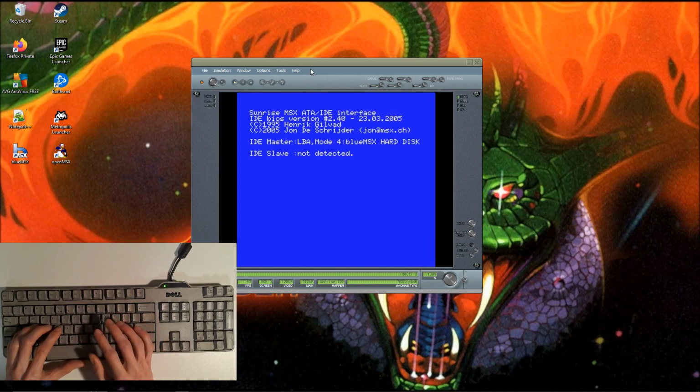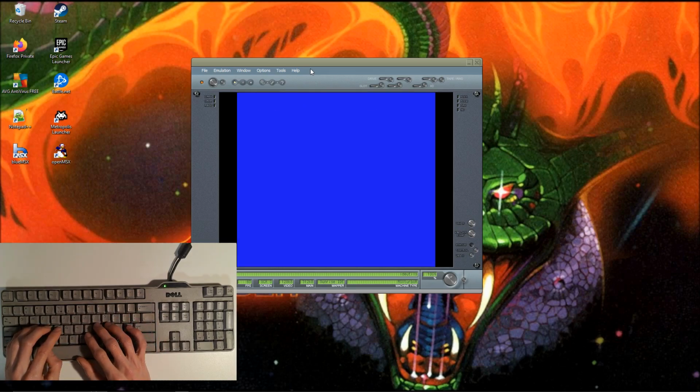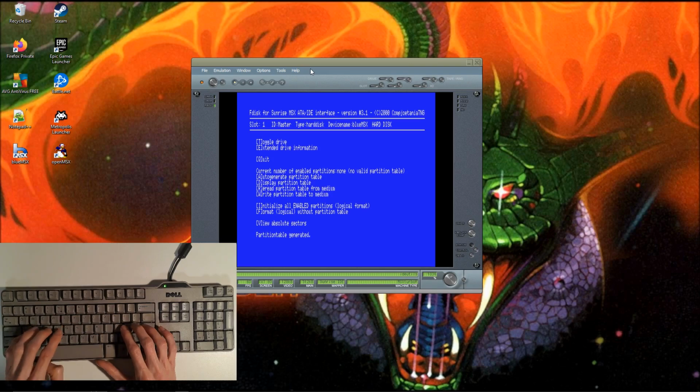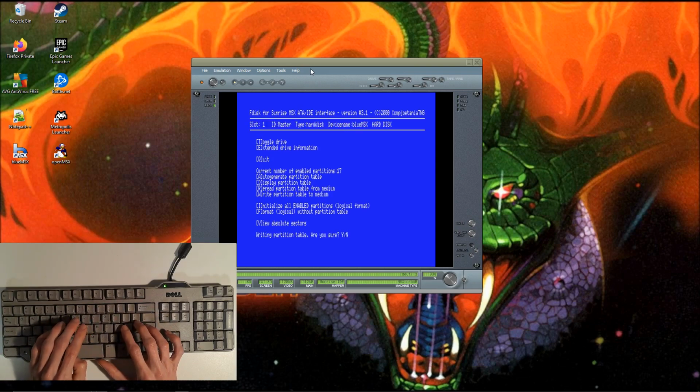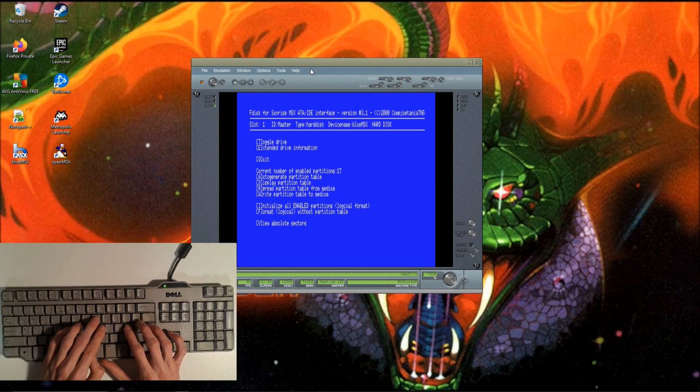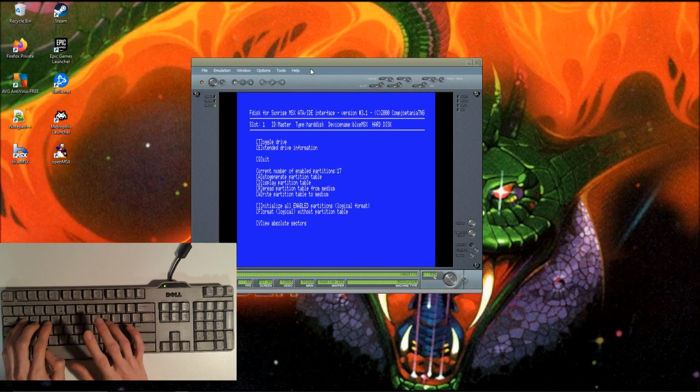First, we're going to create partitions, but not with FDisk, but with an older program used before Nextor was around, and it's called IDEFDISK. We do an auto-generate partition table. We have 17 partitions of 32 megabytes each. We have to write it, say yes, then initialize all enabled partitions. Yes, 17 partitions created. Now we quit